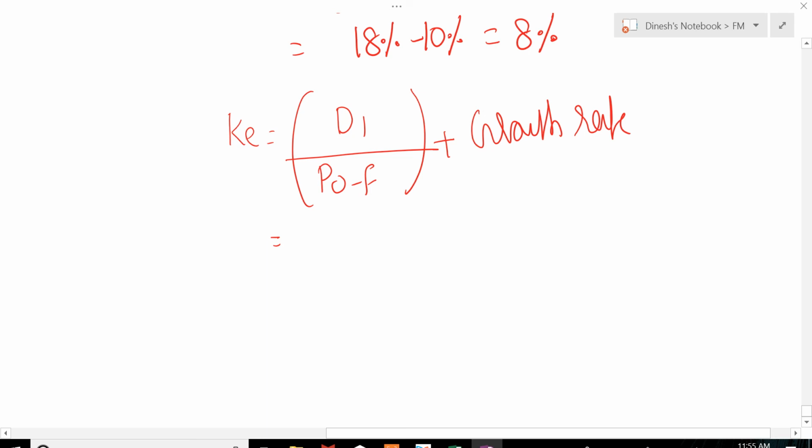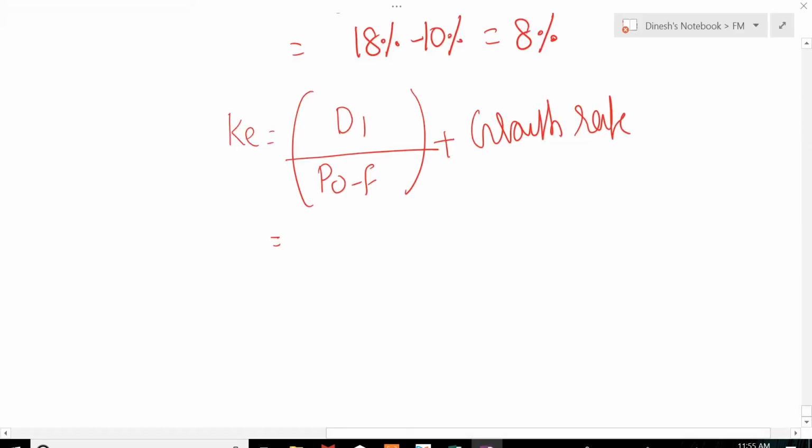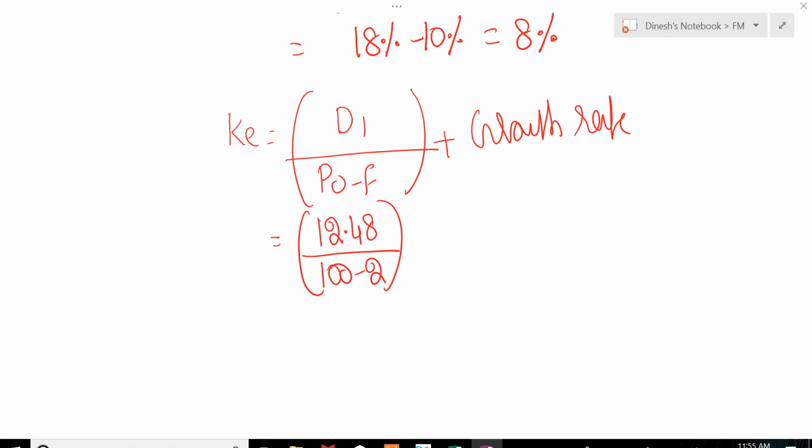What will be the dividend? It is 12 which was paid. I'll have to add a growth rate of 4%. So 12.48 divided by 100 minus 2. The assumption is if at all I make a new issue, I'll have to incur this flotation cost, plus